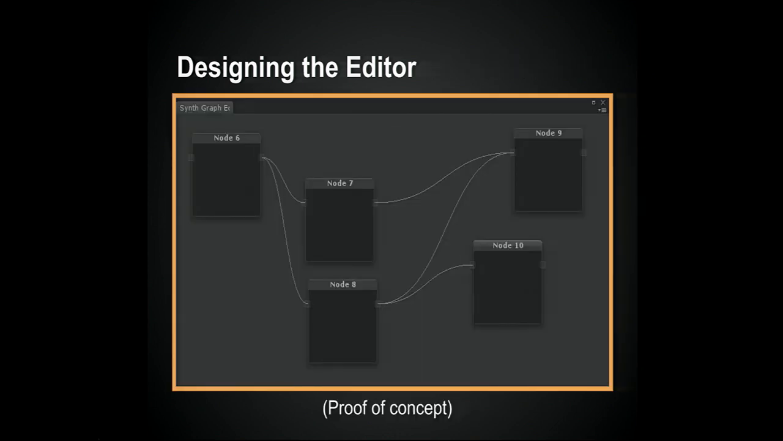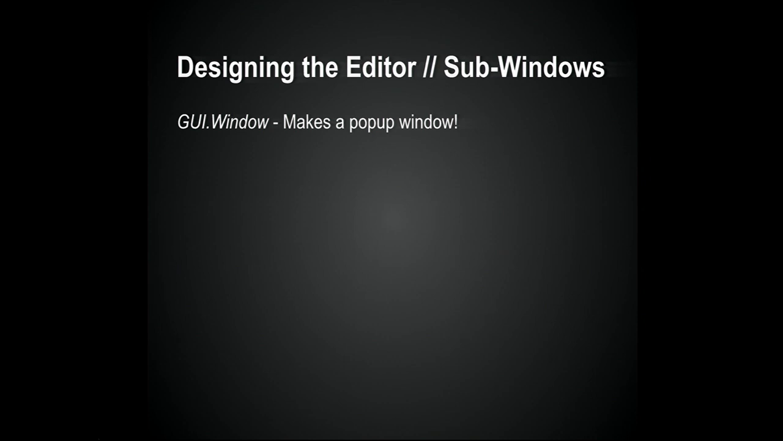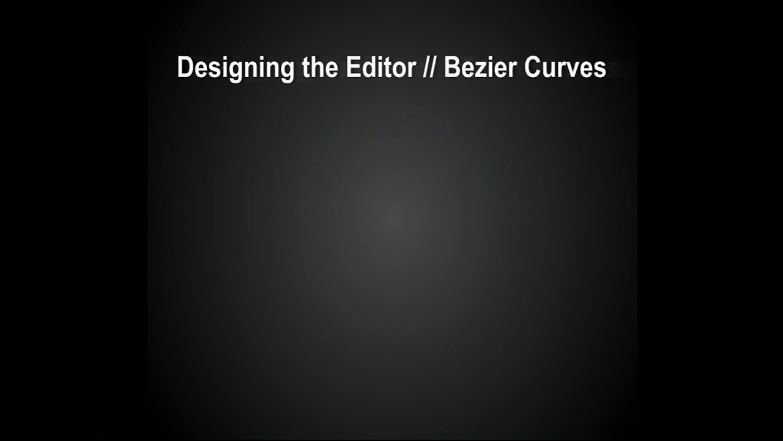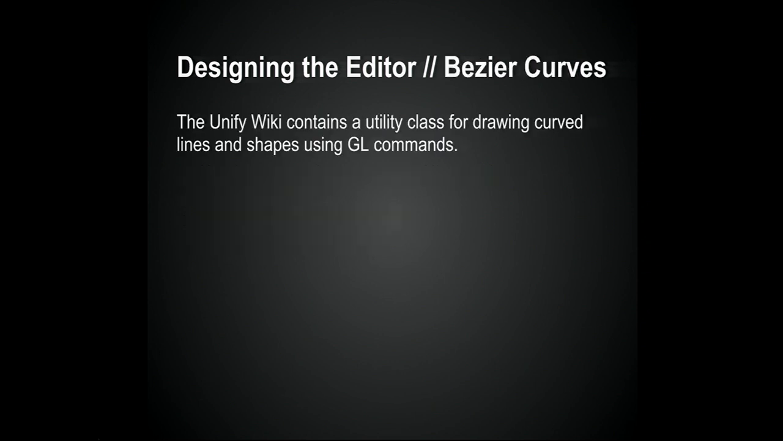And so this image really just depicts two key elements in the Unity editor. One is a sub-window, and sub-windows are pop-up windows called by GUI.window. They float above everything else. You click to focus them, they can be dragged around, but they're not resizable, which kind of sucks, but it's not a big deal. And Bezier curves don't come out of the box with Unity, but there's a script up